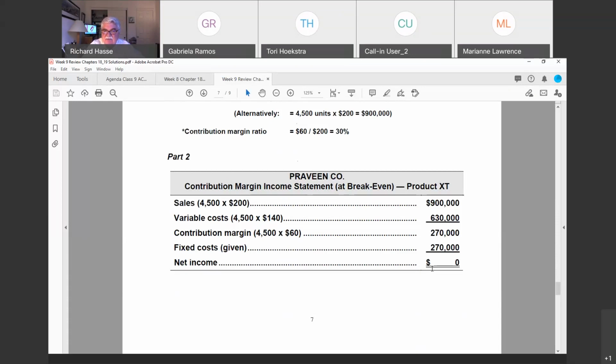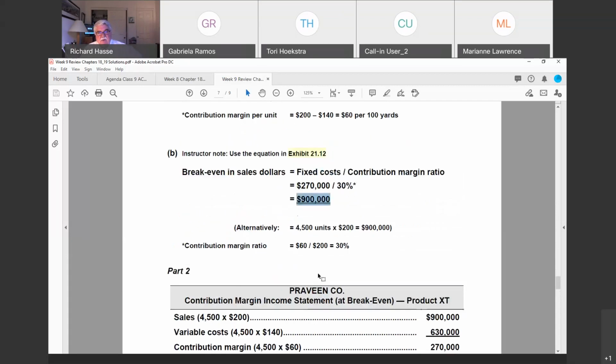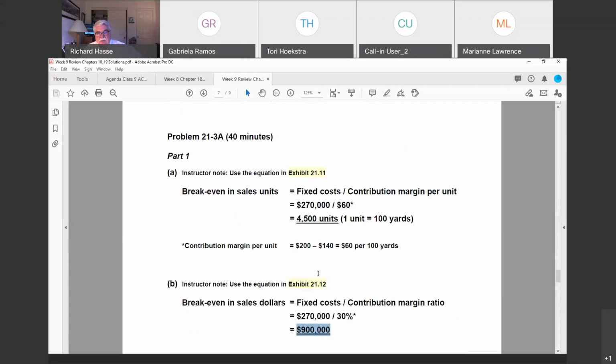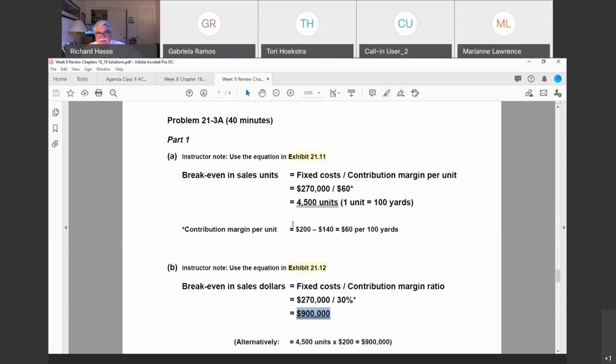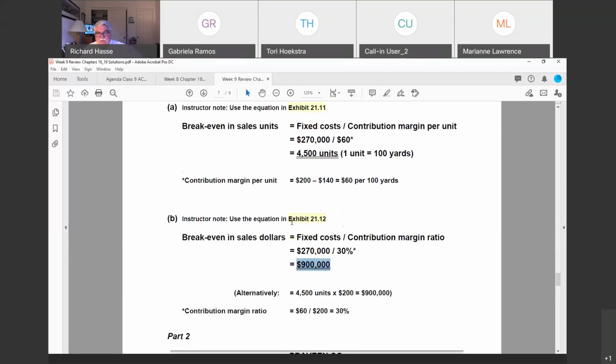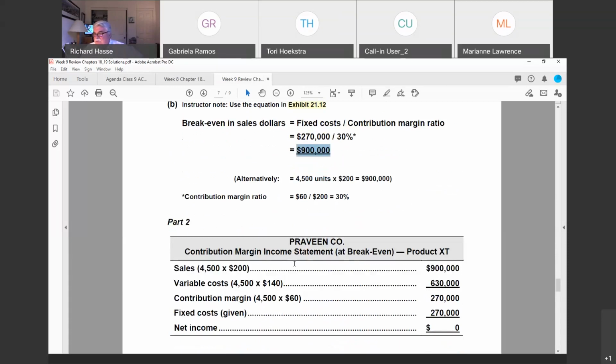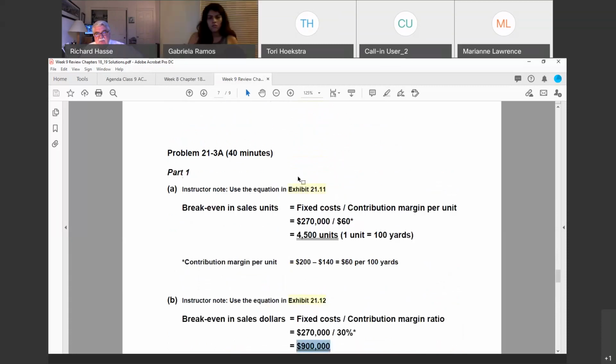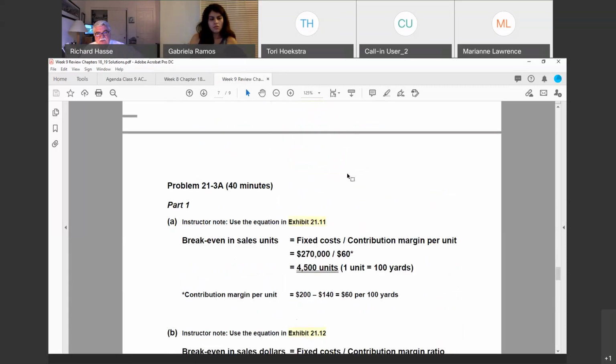That is something you can bank on next week in the exam and in business finance. That's a key phrase in management. Okay, good job. Very good. That's what you need to know from chapter 21: break even in units, break even in dollars, and the break even income statement called the contribution margin statement. This is in your Blackboard. Note this. This will be a good study guide because you'll have something along these lines in your exam.